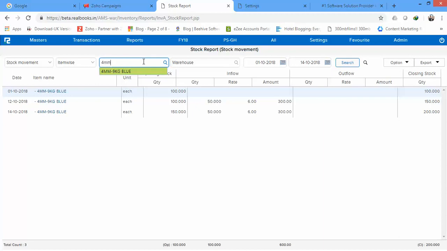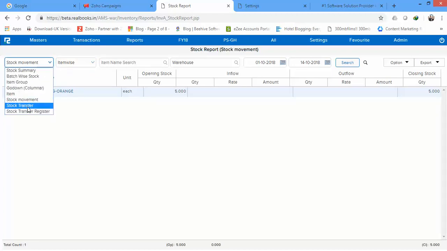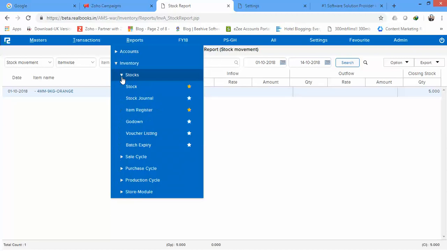So if you want a different item, you can say orange and you can click on search. So there was no flows for this particular item. I'm not sure if you can check this for all items. It's not possible, but you can check for item group, okay. And then you can say check stock transfer register, etc., like this. So in terms of stock, you could have checked a lot of things under stock actually,